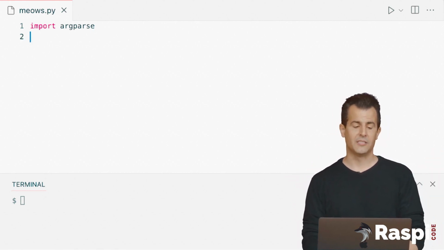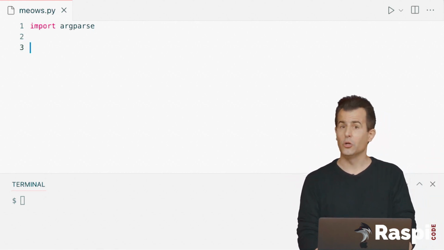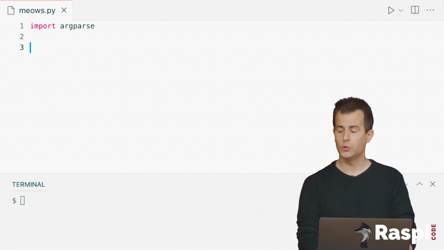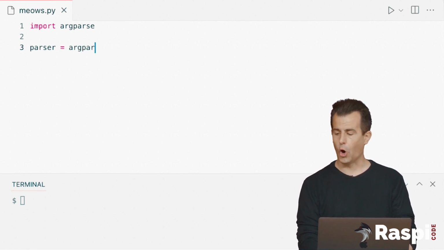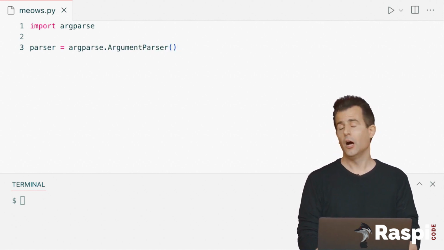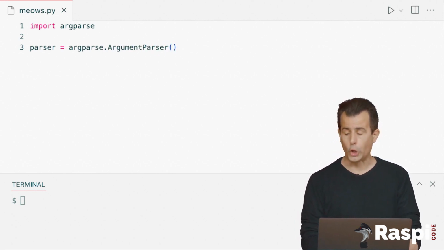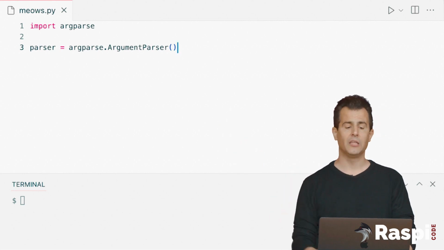Now let me go ahead and do this. And for this library, it's helpful to know a little object-oriented programming like we all now do. I'm going to create a variable called parser. I could call it anything I want. I'm going to set it equal to the return value of argparse.ArgumentParser, with a capital A and a capital P, a constructor for a class called ArgumentParser that comes with Python itself,